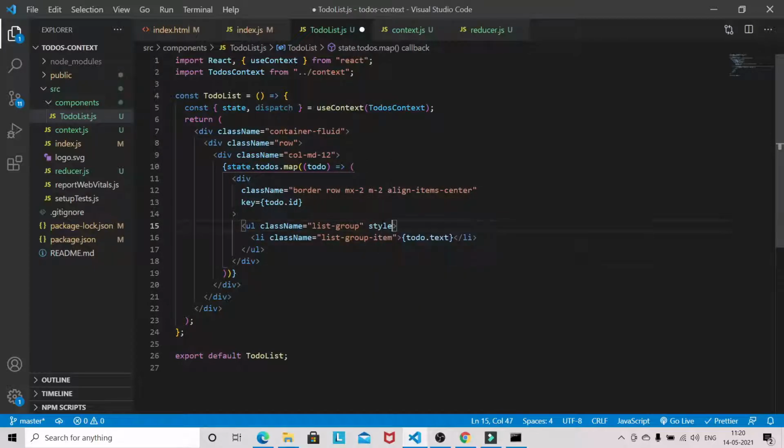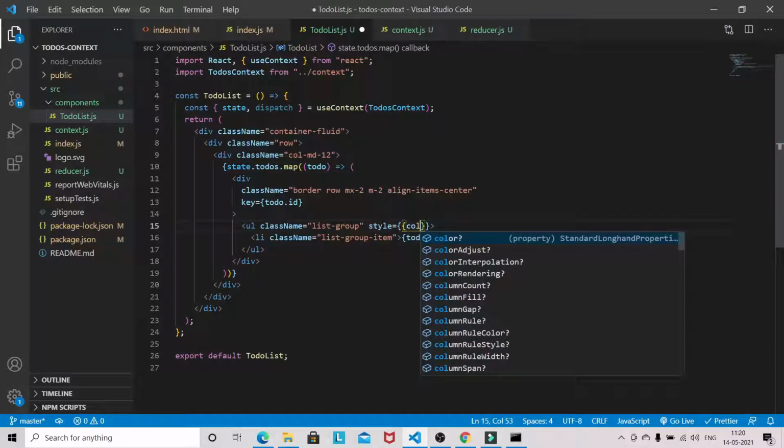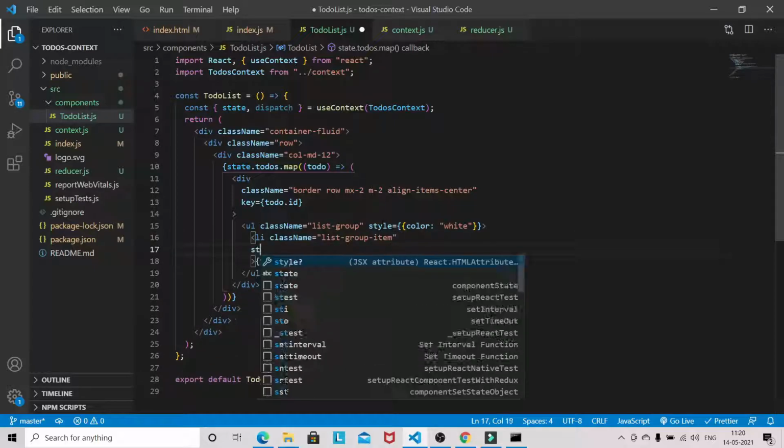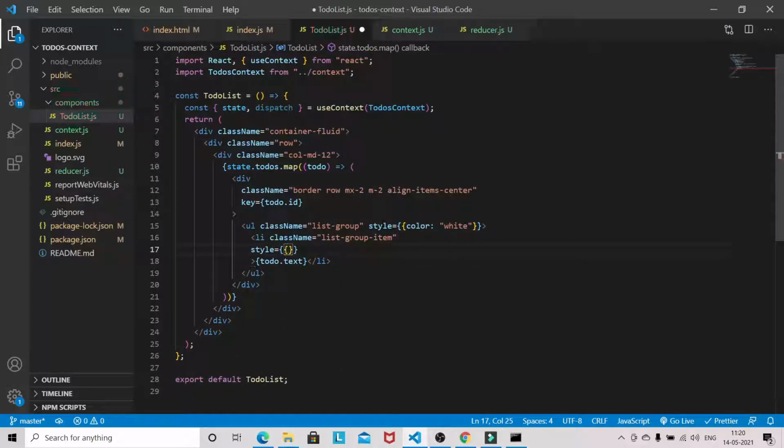So style, color, white, and in the list we need to provide some additional style here.